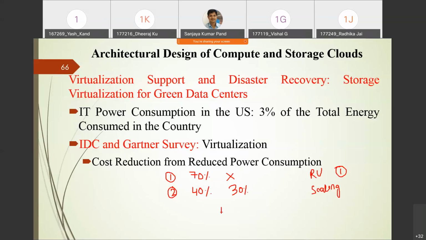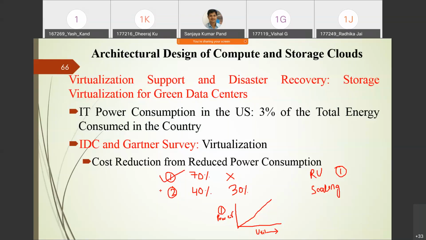Let me take utilization on the x-axis and power or energy consumption on the y-axis. I want to see if the utilization is increased, whether the power is increased at the same rate or at a different rate. If that is linear, meaning whatever energy is consumed at 10%, at 20% it is just double, then you can say the 70% solution is better, right?